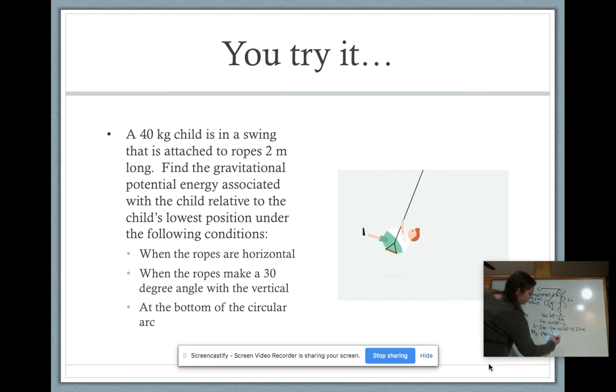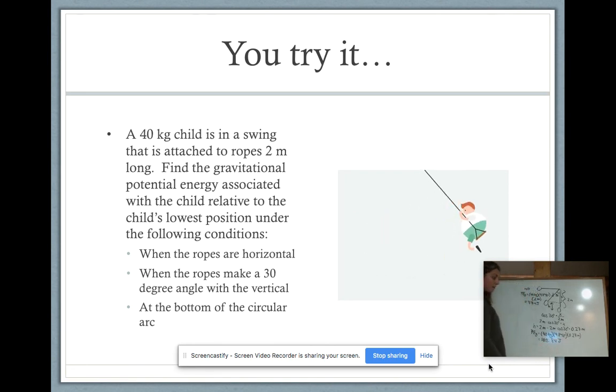So 40 times 9.8 meters per second squared times 0.27 meters. And I find her potential energy at this point to be 105.84 joules. Okay, the lowest point is going to be pretty easy because she has a height of 0, so putting that into our mgh